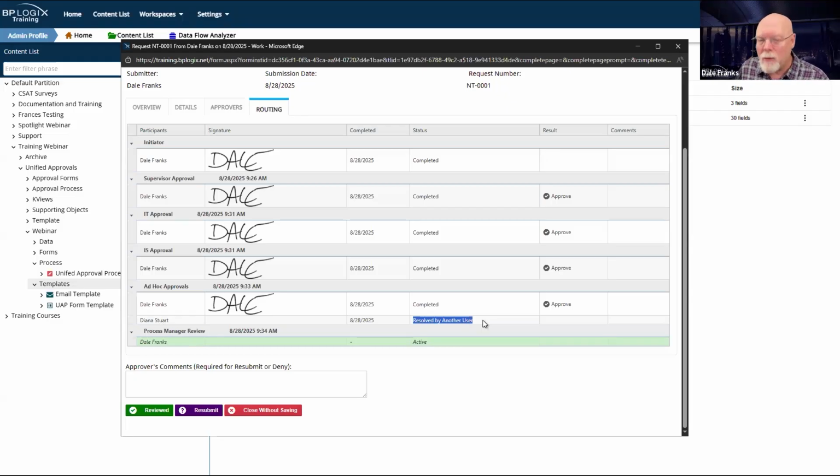So we've renamed one of them from not required to resolved by another user. So that's the result that we'll see whenever we have multiple users assigned to a task, and either you have it assigned to the first user to accept, or in this case, where the activity is by default set to complete after the first user completes, we'll now see this resolved by another user.